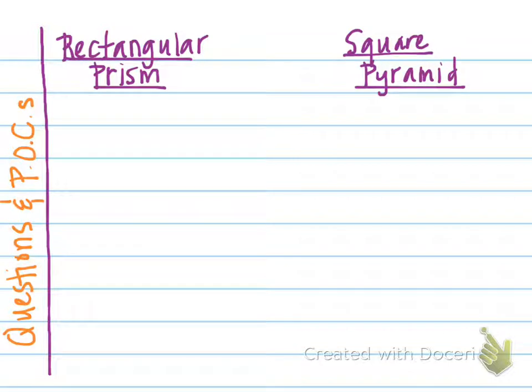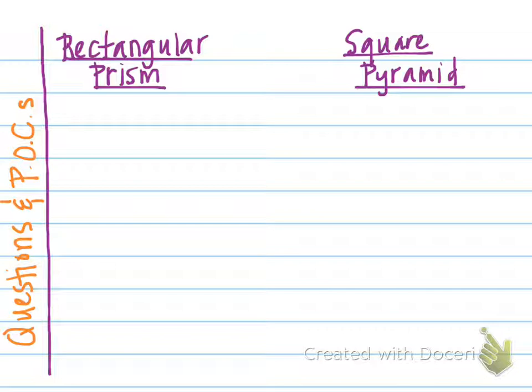So there are two particular 3D shapes we're going to focus on, rectangular prism and square pyramid. So I want to make sure you know what these shapes are and how to draw them. A rectangular prism is what you think of when you think of a box. So it's made up of